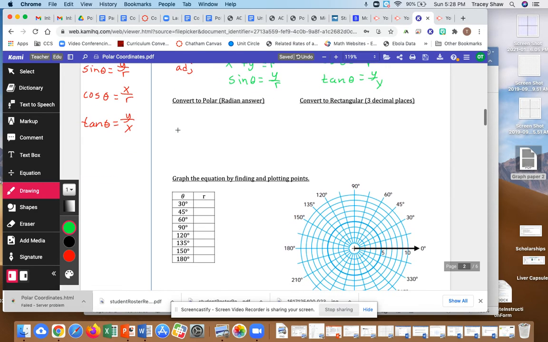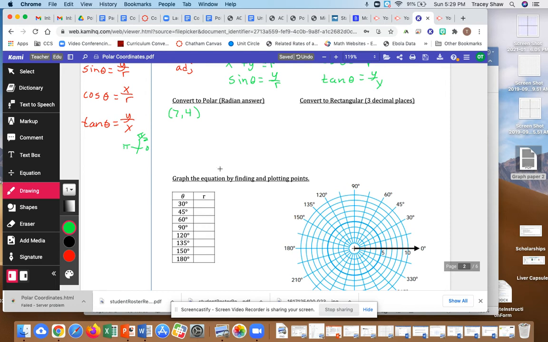Let's practice. I want to convert polar to radian. So if I want to convert polar to radian, let me come up with a rectangular point. Let's just say it's 7, 4. Now I want you to think about this. 7, 4 is in the first quadrant, so my angle needs to also be in the first quadrant. Since I'm in radian, you know that we have 0, pi over 2, pi, and so on. A lot of times I end up with a value that is not on the unit circle, and I'm going to have to use a calculator,